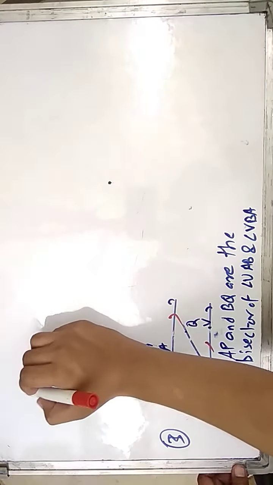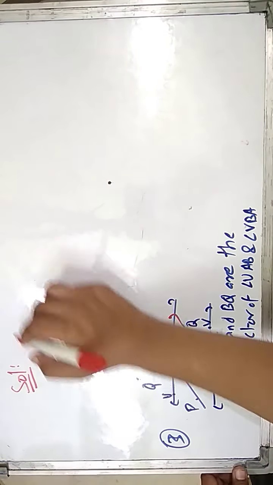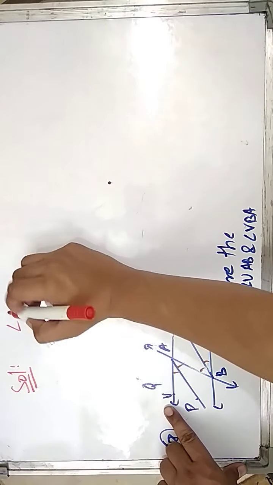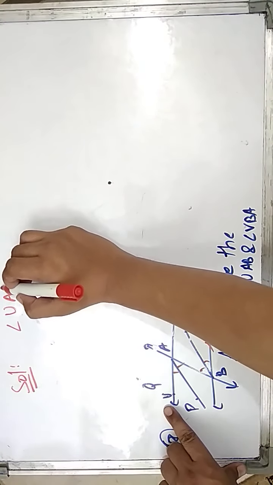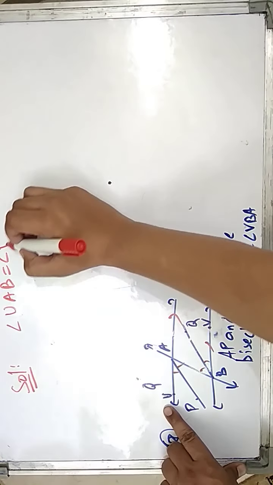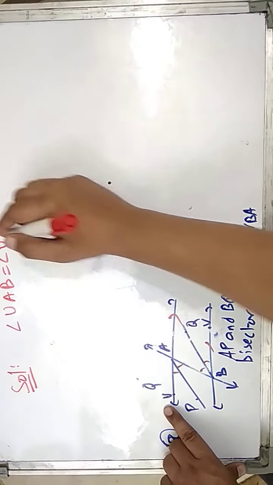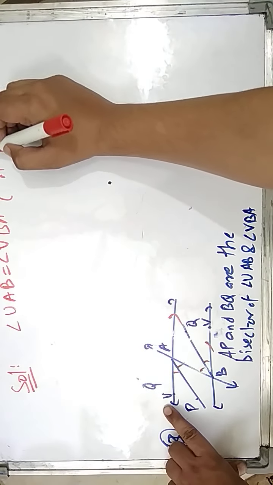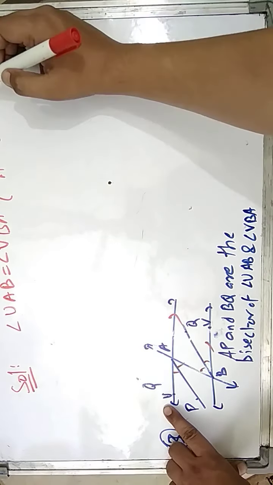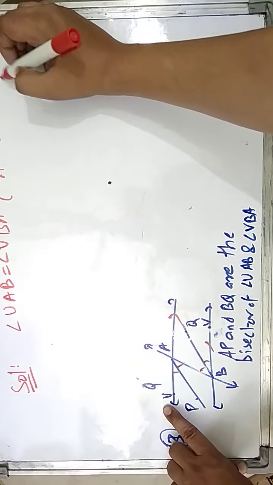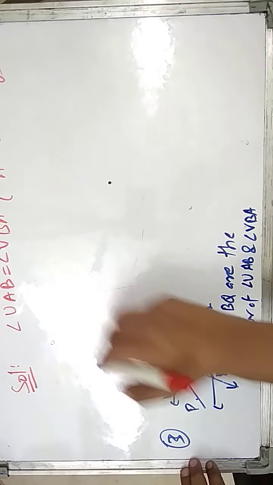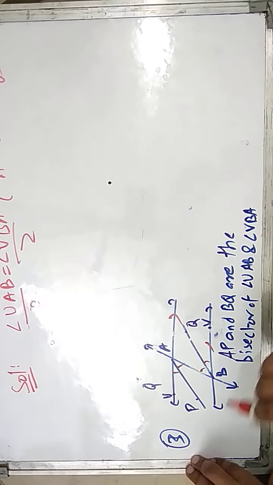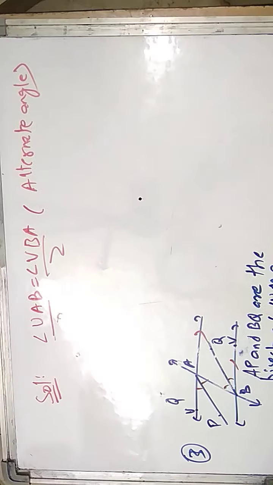First I will do angle AB is equal to angle VBA. It is by alternate angles. And if you divide the equation by 2, then you will get